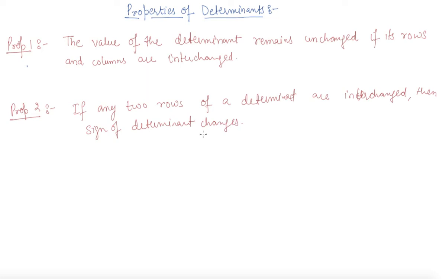Means if we shift R1 to R2 and R2 to R1, the sign of the determinant value will get changed. Now let's move to property number 3, which is